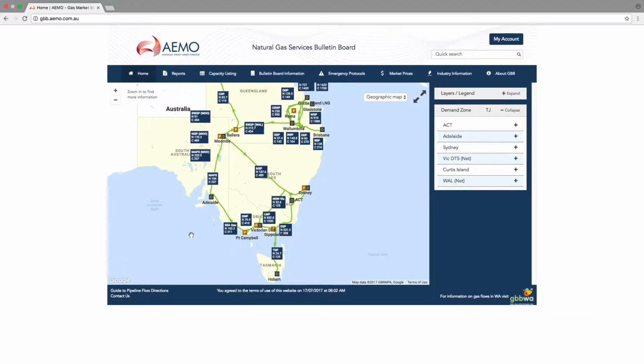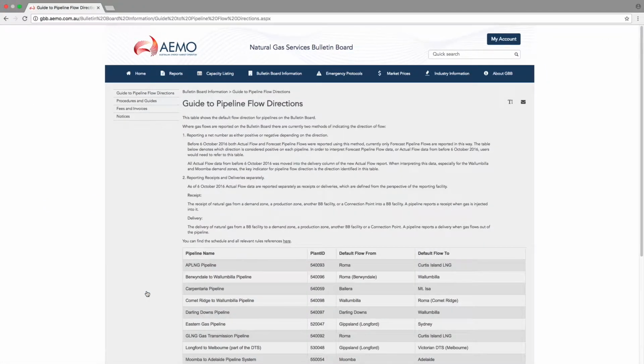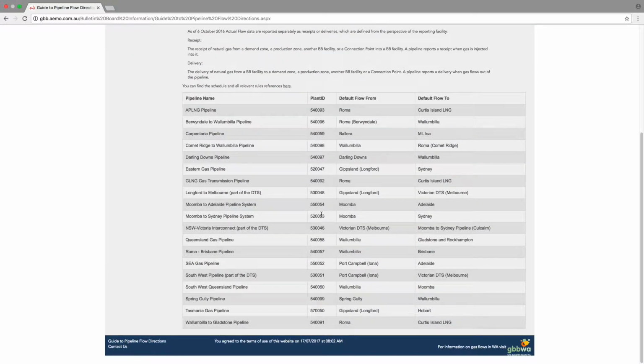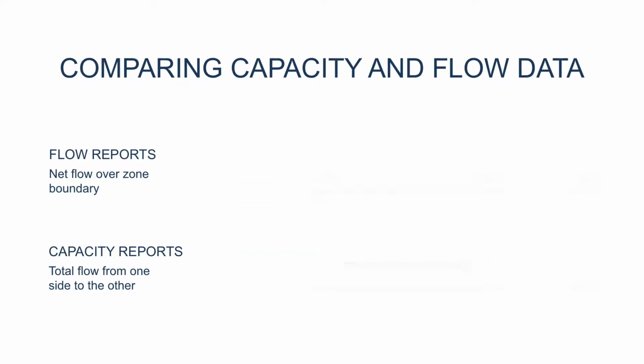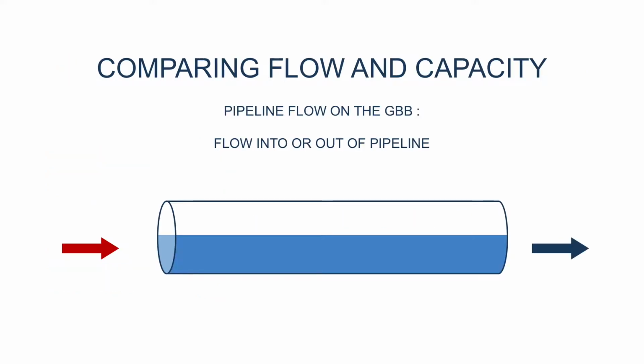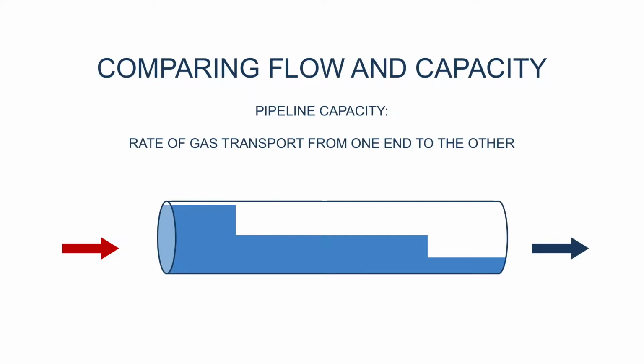The default flow directions are listed on the Guide to Pipeline Flow Directions page on the GBB. The table at the bottom shows which direction is considered forward. In the example of the Roma to Brisbane pipeline, the default direction is from Wallumbilla to Brisbane. The difference in the definition of capacity and flow means that capacity and flow data can't be directly compared for pipelines. The rate at which you push gas into or remove gas from a pipeline, i.e. the flow, is not limited to how fast you can move gas from one end of the pipeline to the